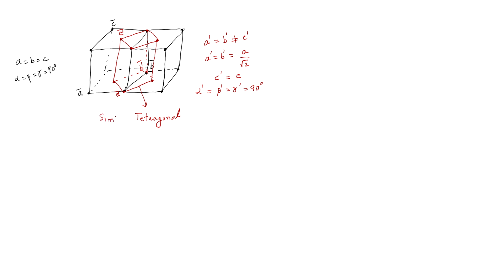Simple tetragonal. Now, though this statement is correct, that an end centered cubic cell will not be there, the reason that it will not be there is not that we can represent it as simple tetragonal. So, let me just take one more example to further make the point. This we had started with end centered.